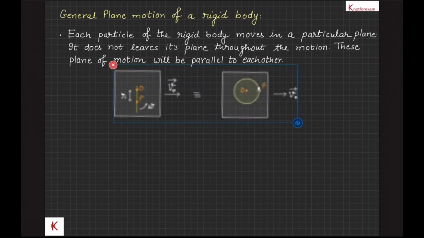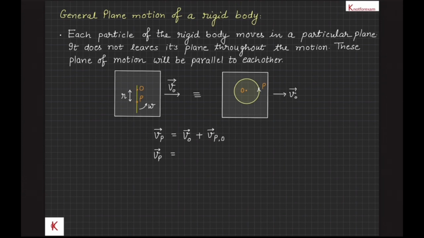A rod is free to rotate about its point O, pivoted on a platform moving with velocity v0 vector. Let the angular velocity of the rod be ω vector and the position vector of point P at a distance r from point O be r_PO vector with respect to point O. Therefore, velocity of point P, v_P vector, is equal to velocity of platform v0 vector plus velocity of point P with respect to the platform, that is v_PO vector. Also, with respect to point O, point P is in pure rotation. Therefore, v_PO vector = ω vector × r_PO vector.